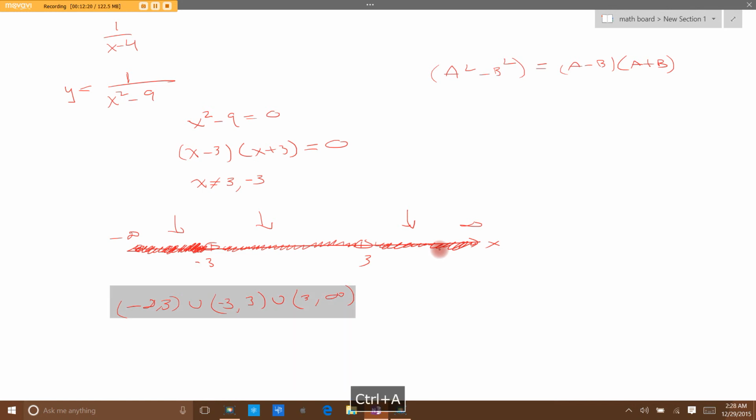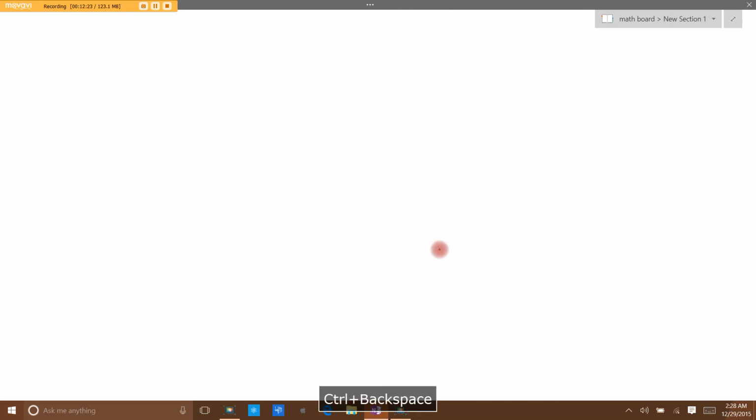What about 1 over root x? Now you're considering a rational expression, the limitations on that, which means the expression is undefined when the denominator is 0, right? And you're also considering the restrictions set on this root value. By the way, always include that bracket to extend it beyond whatever's inside. I have a bad habit with that. I get a lot of points marked off because of that. Anyways,